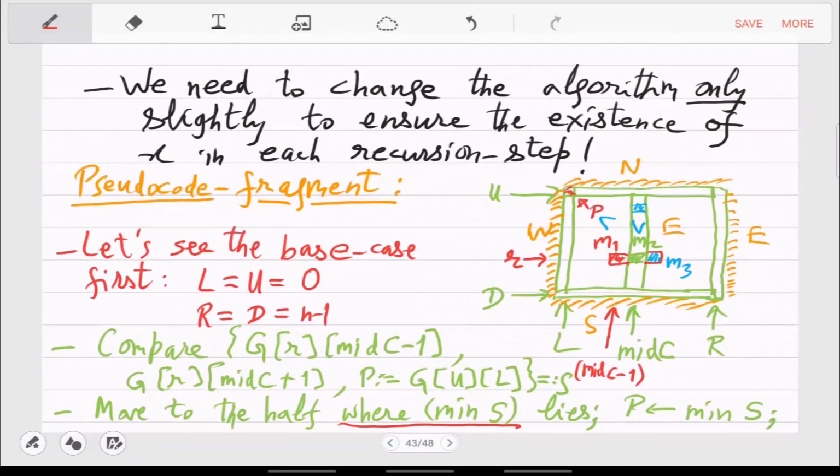Okay, because the reason why it will work in general is because of the point P we are updating.